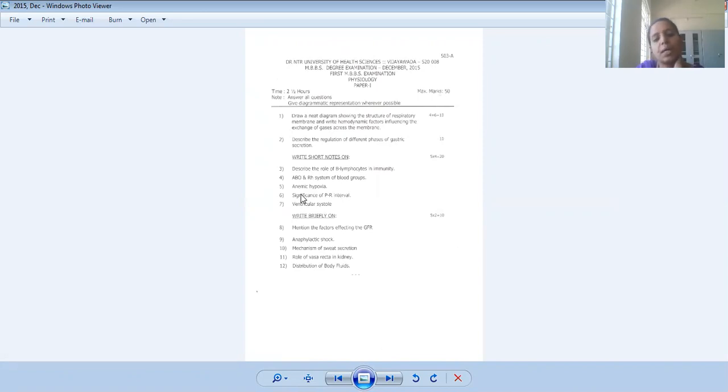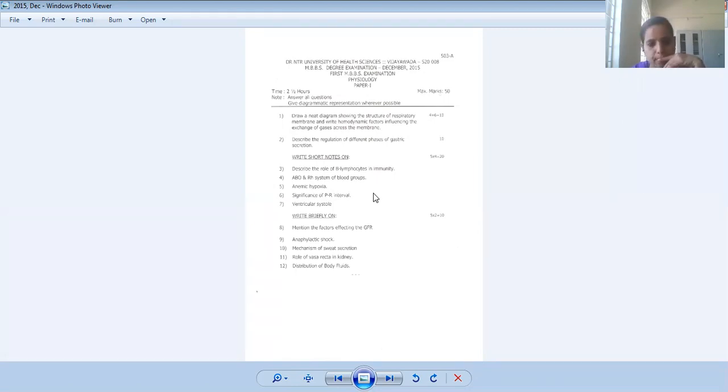Other than the ABO blood group, we also have RH. If the RH factor is present, you call it RH positive, which is represented by capital D. And if the RH factor is not there, you name it RH negative, which is small d. Most of us have RH positive blood groups only. The problem arises if the mother is RH negative and the father is RH positive. Then what is the name of the disease which can happen? Erythroblastosis fetalis, if the baby is also RH positive. Very good.